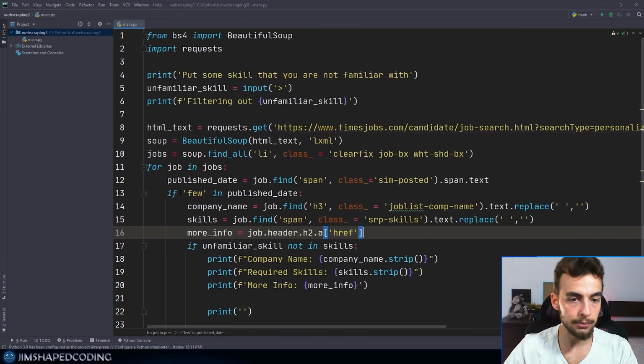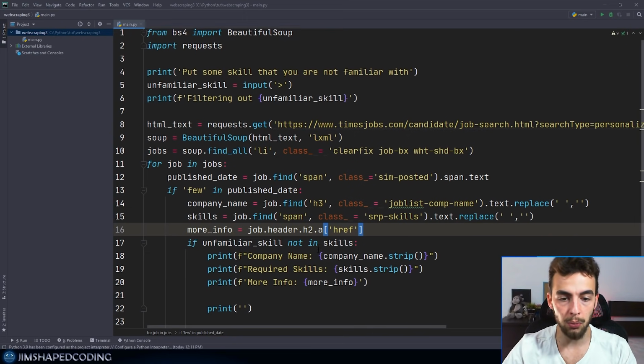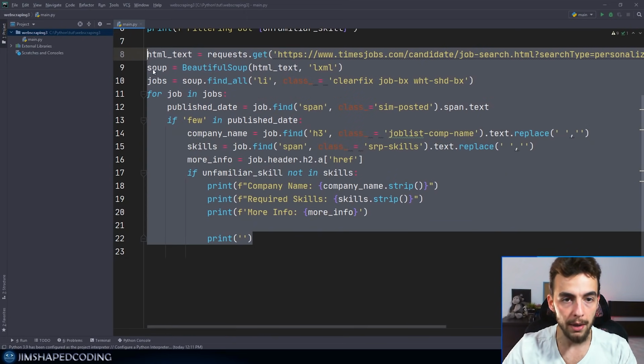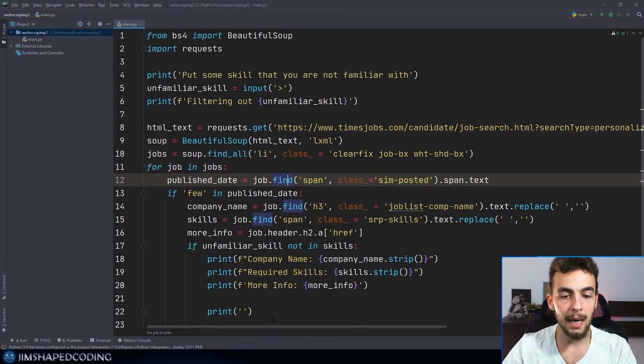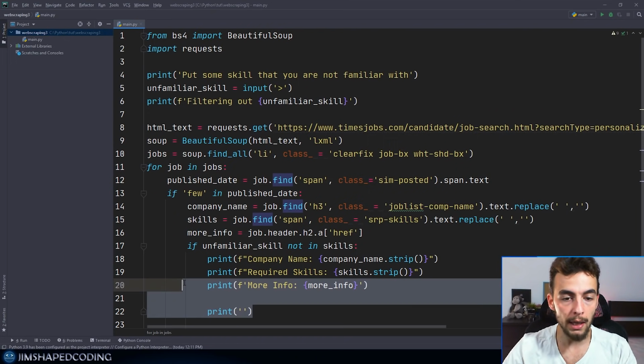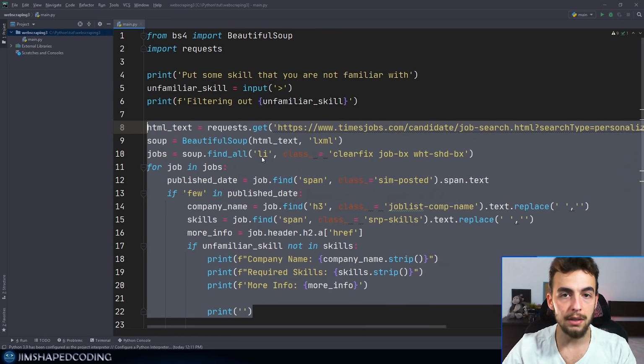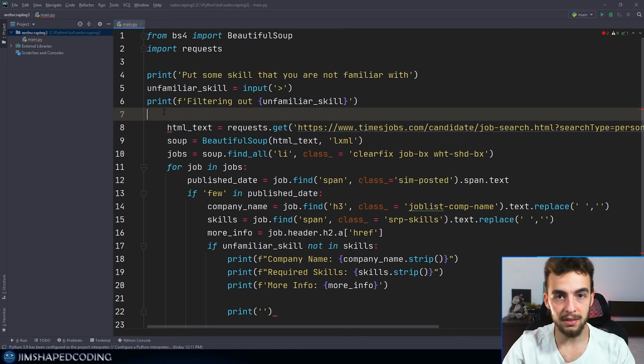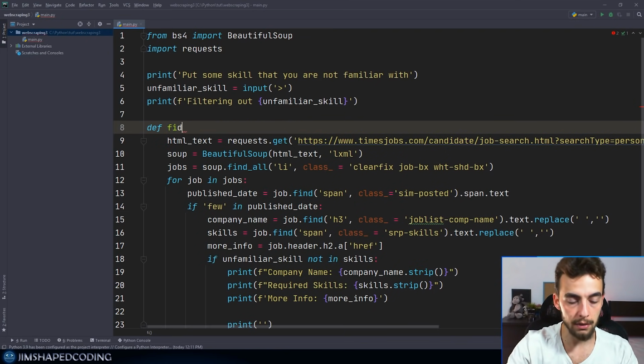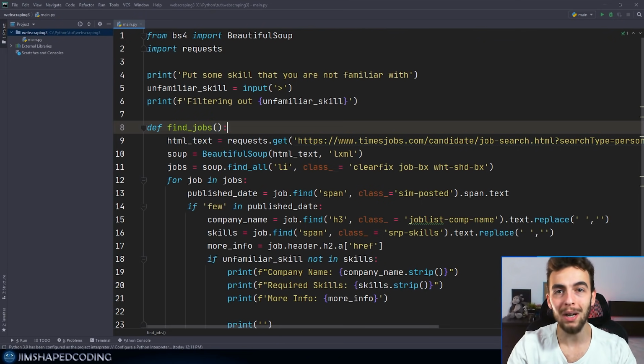So first, it makes sense to wrap our entire program in a function, and I'm going to do that by collecting everything that is pulling the information from the website, and I'm going to indent everything one step aside, and then I'm going to write here def find_jobs. Okay, so that way we have one function